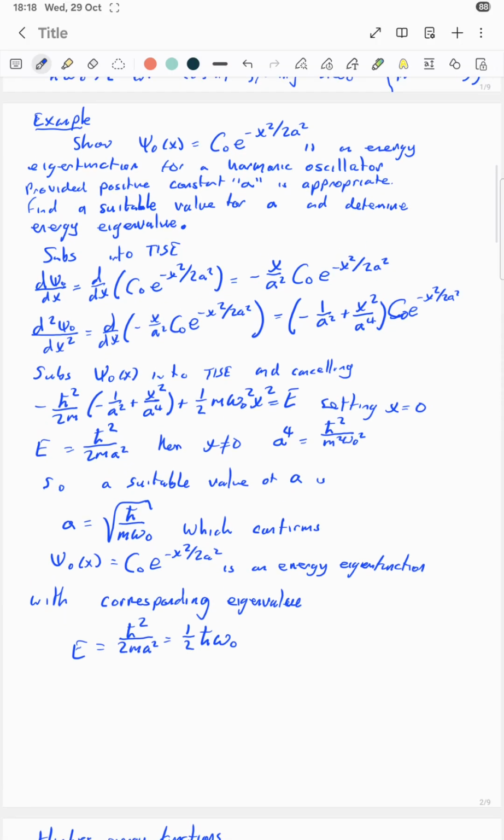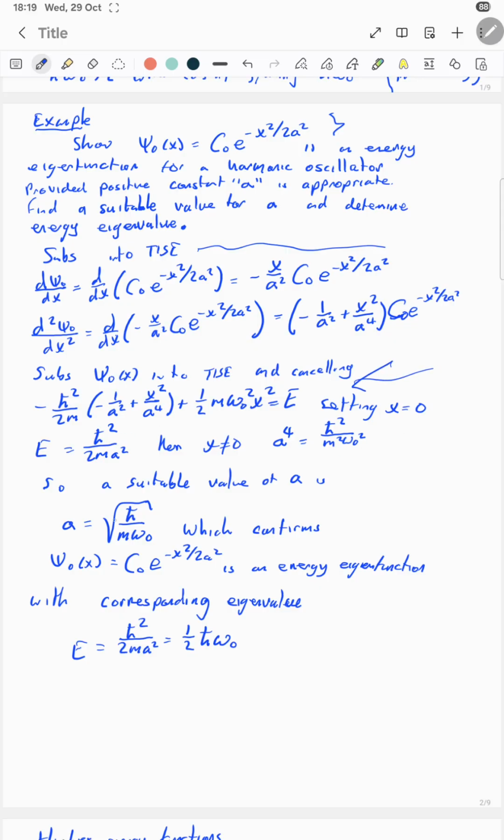Now let's go with an example. Show that this wave function is an energy eigenfunction for a harmonic oscillator, provided the positive constant A is appropriate. Find a suitable value for A and determine the energy eigenvalue. We substitute this in the time-independent Schrödinger equation as such, and